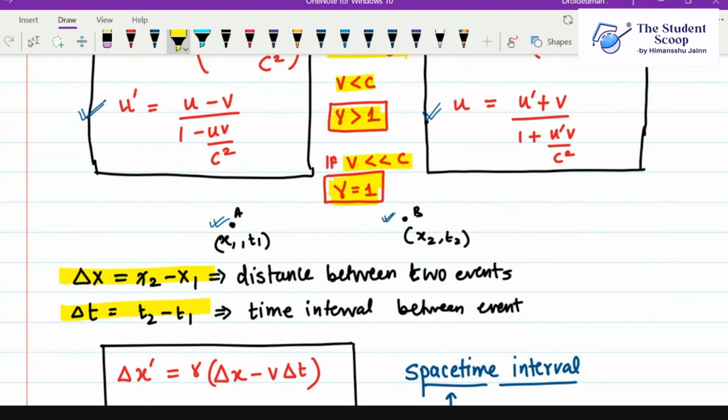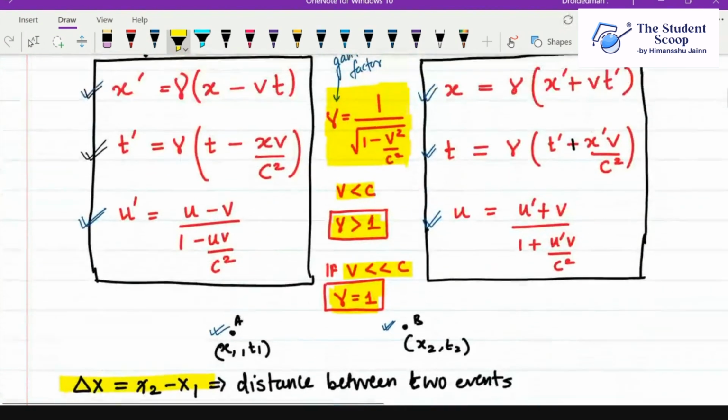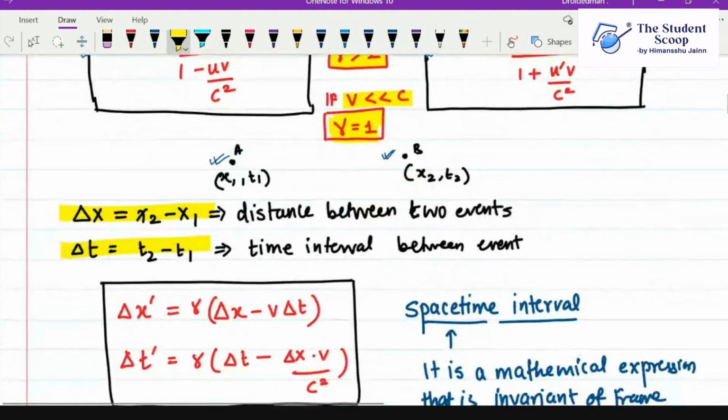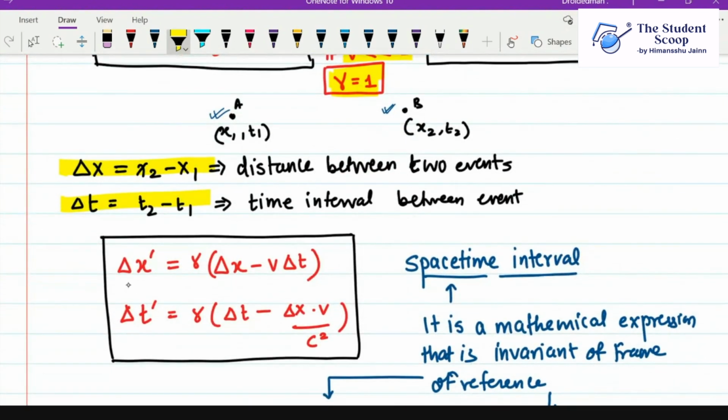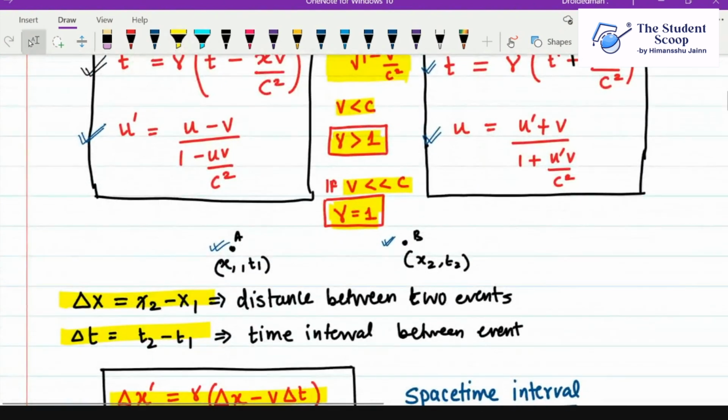Okay, so we can modify the Lorentz transformation. It won't be any new term. It's just that the old terms will be replaced. So x dash will be replaced by delta x dash, and t dash will be replaced by delta t dash, and everything remains the same. This is much more useful, the Lorentz transformation in terms of delta x and delta t, because most of the time we are dealing with